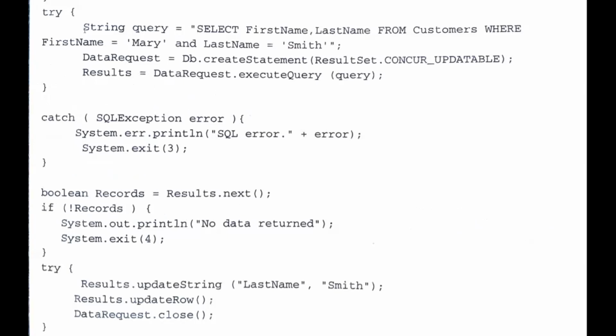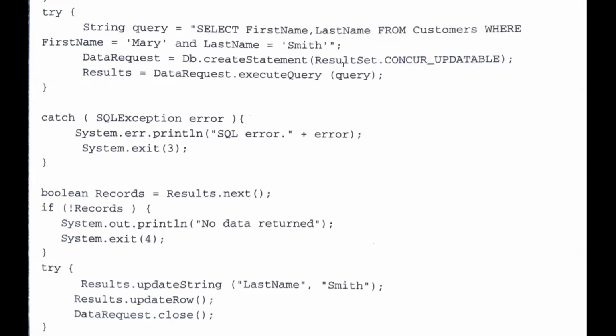Once this query string is set, we will use the create statement method, db.createStatement, where db is a connection object. On the connection object, we create a statement. For this, we are passing a setting, that setting is ResultSet.CONCUR_UPDATABLE.